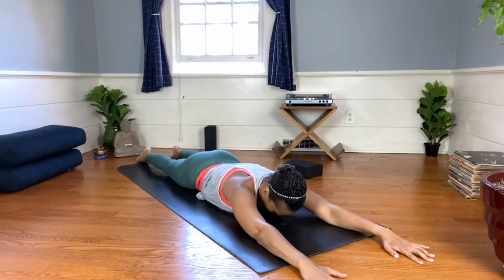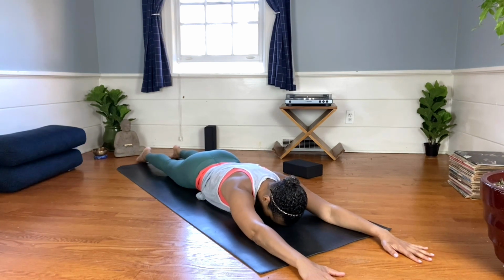Lower the forehead onto the mat. Turn the head side to side. You may even want to roll gently on your brow. Remain here for a few more breaths, allowing your foundation to comfort, ground, and support you. Coming into Sphinx pose, begin by sliding your arms back,